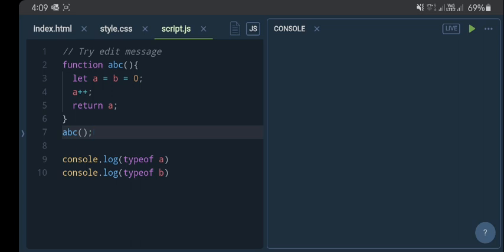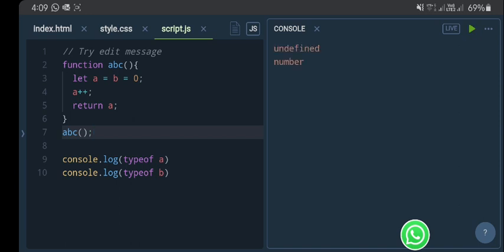Both the variables are present in the function, and we are returning a variable. But whenever we are returning a variable from the function, that will be printed where it was called, and here we are calling it on line number 7. So we are not printing it, but we are incrementing it on line number 4. So in this case, what would be the output? Let me show you.